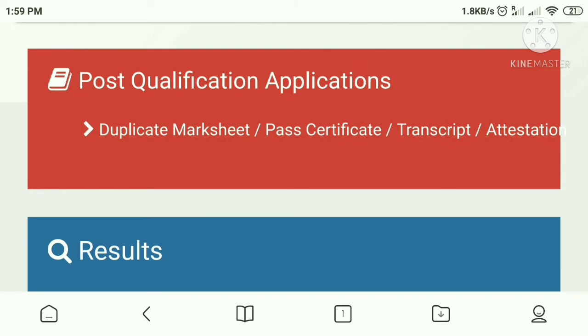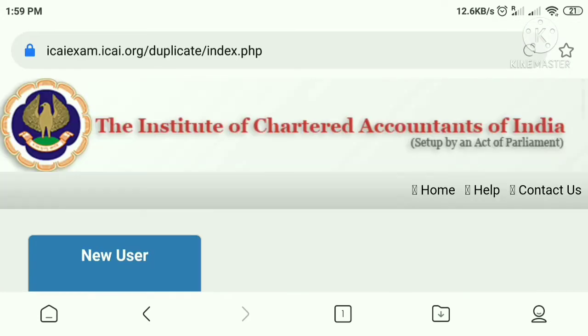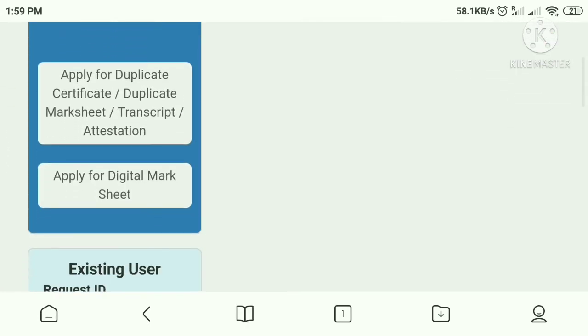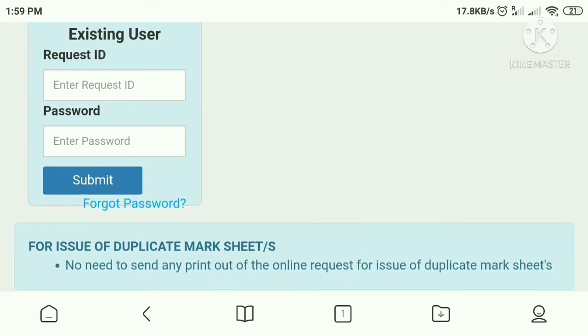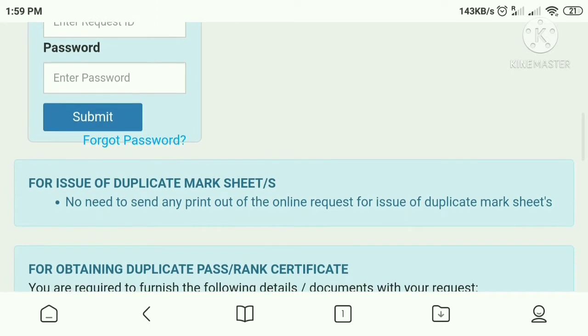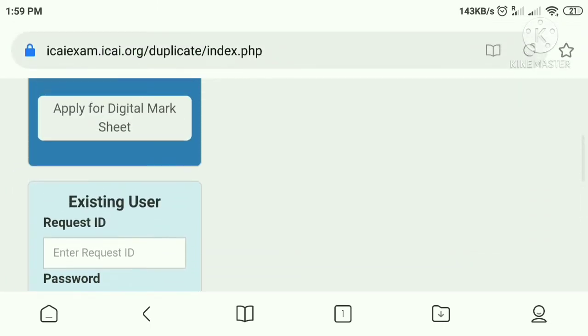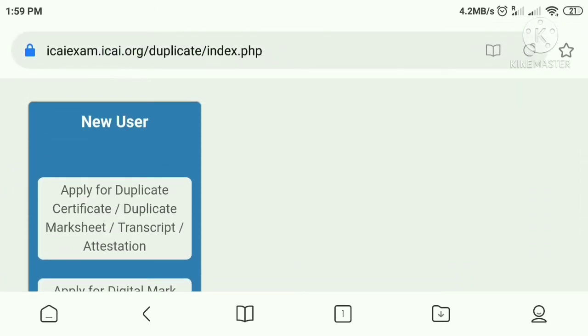Here we can see post qualification application. We have to click on that. Here you will see there is written for new users and existing users. So if you have already applied for the marksheet, then you have that request ID and password.